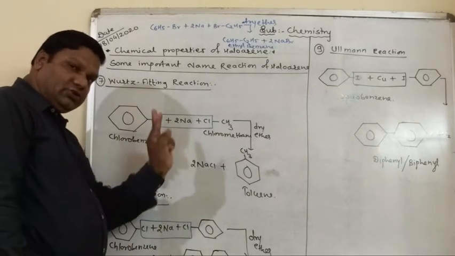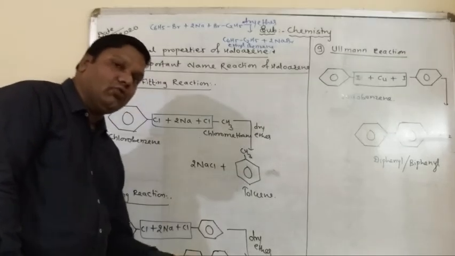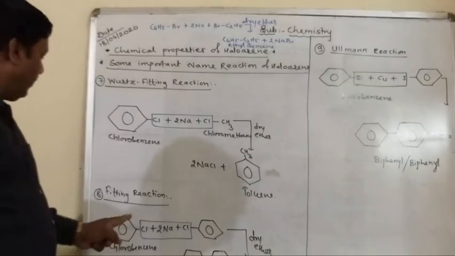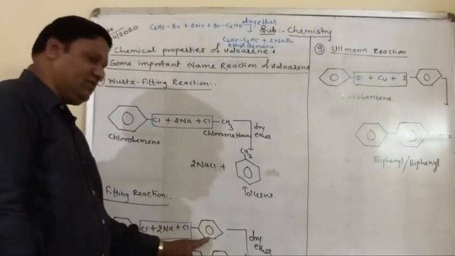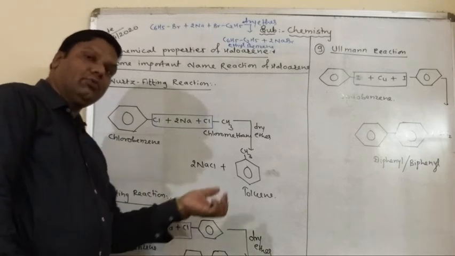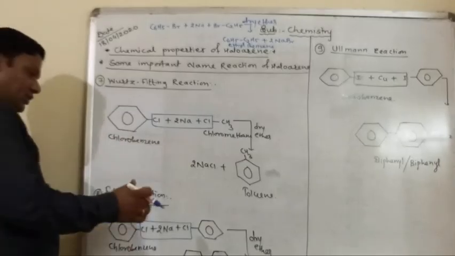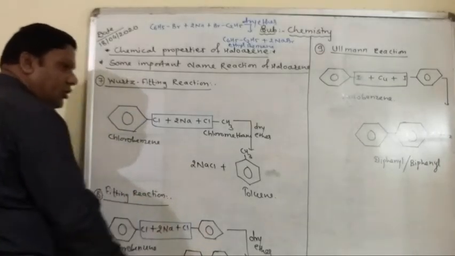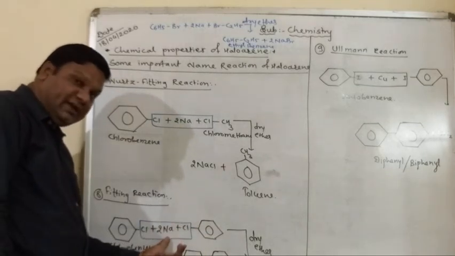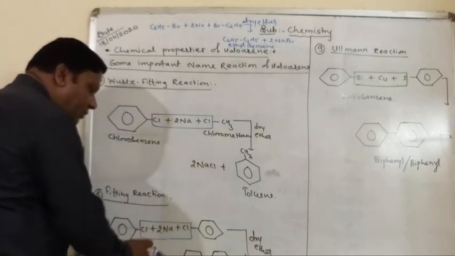Now for the Wurtz reaction, 2 alkyl halides. Wurtz-Fittig, 1 alkyl halide, 1 aryl halide. So what about the Fittig reaction? 2 molecules of aryl halide. Here we can just take chlorobenzene. If you take chlorobenzene, bromobenzene or iodobenzene, no issue at all. Okay. So in the Fittig reaction, we take 2 molecules of aryl halide and react with sodium metal in the presence of dry ether. So definitely there is elimination of NaCl,